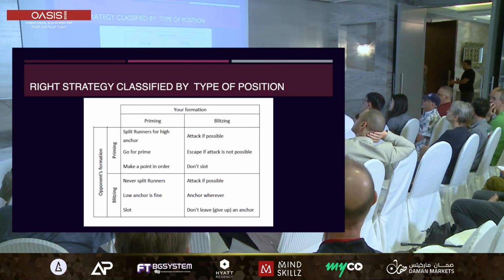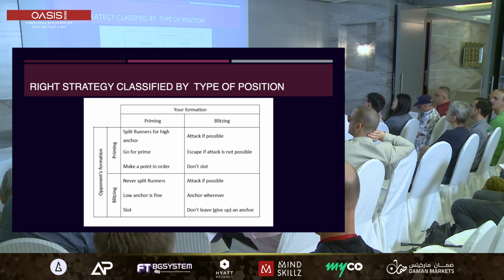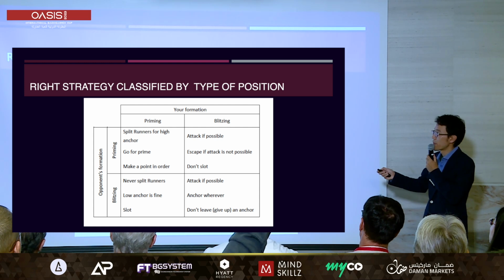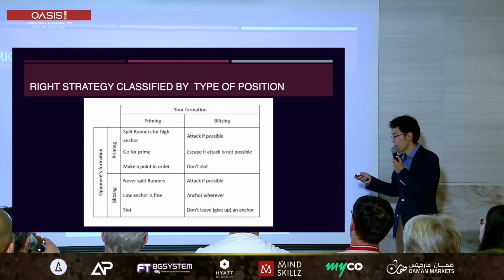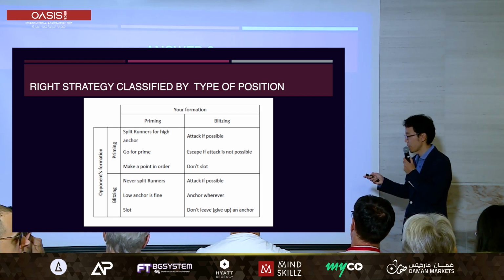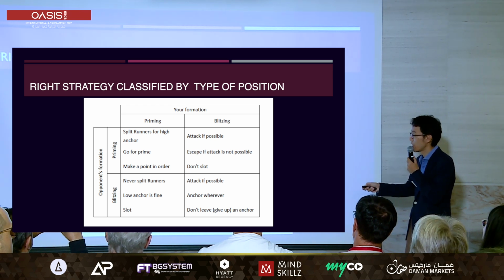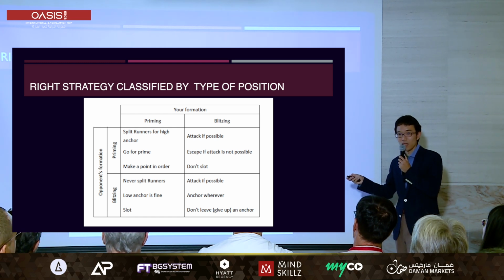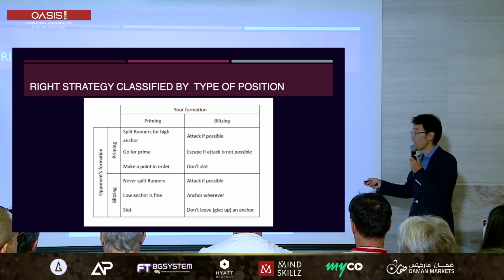Okay, and in your handout, there's a strategy sheet. I call it the cheating sheet. So your formation is here, and his formation is here. In the problem before, my formation is blitzing, and his formation is priming. So blitz against prime is here. Attack if possible, but in the example I showed, there's no option to attack because he has an anchor. So then you should